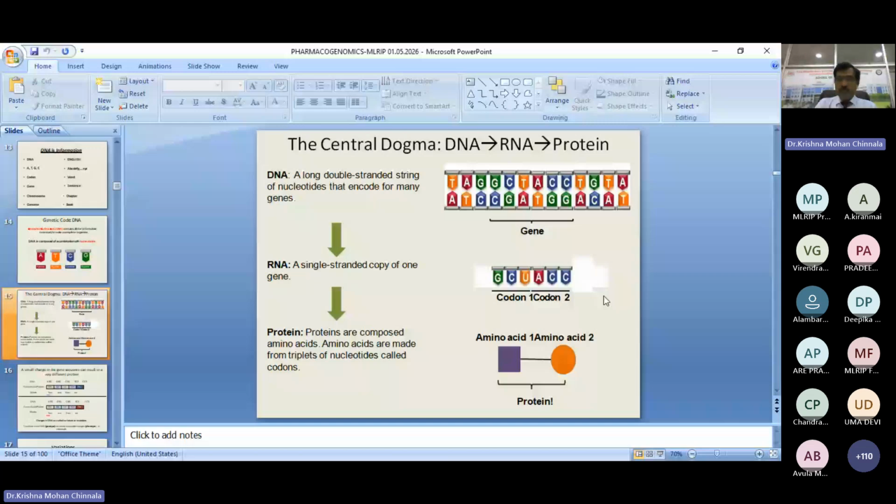So if there is any change in the genetic picture or gene, it may lead to a change in protein structure. We all know that the lock and key mechanism is applicable for our drug and receptor concept, right? If the drug has structural similarity and affinity, it may produce intrinsic activity. If structural similarity is not there, then the drug may not occupy the receptor.